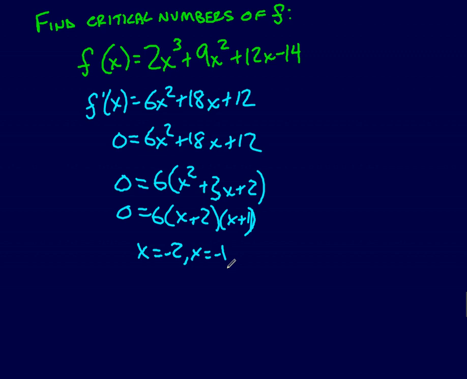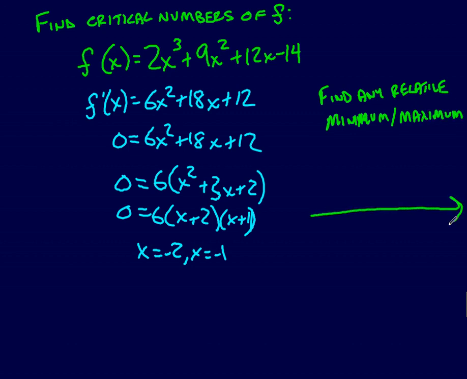Now, the second part of these problems will say something like find any relative mins or maxes, minimum or maximum. And this is how we're going to do this. I want to draw a number line. And we're going to say, well, okay, I know I have critical numbers at -2 and -1. What are my derivative values at these points? Well, we know at -2 and -1 it is 0. What we need to look at is each individual interval around